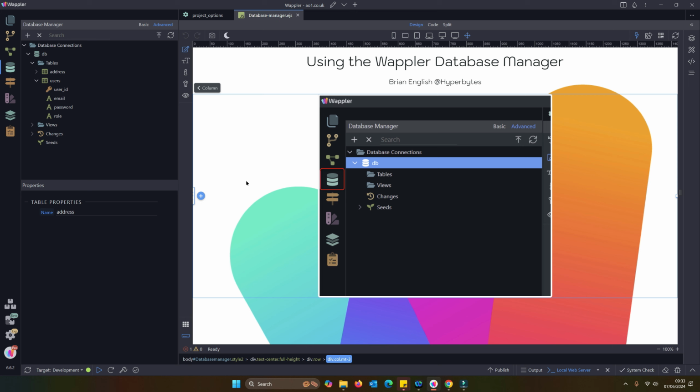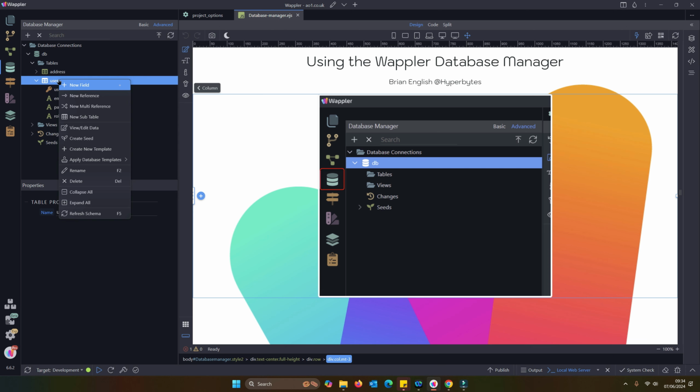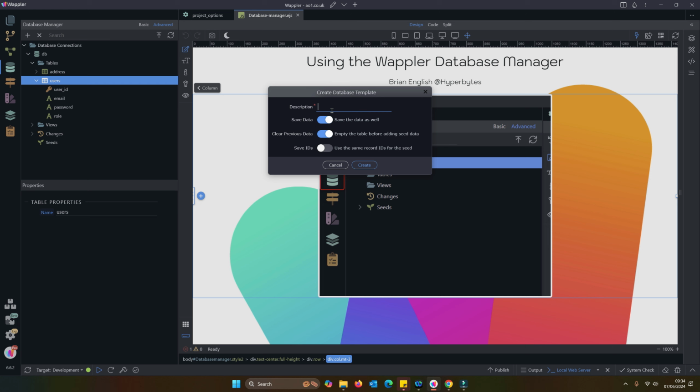Well, all you need to do is click on your table, and you can do this with multiple tables as well. I'll just do one table, and let's go into create a new template. Give it a description. So standard users table. You can choose to save the data that's in there as well.